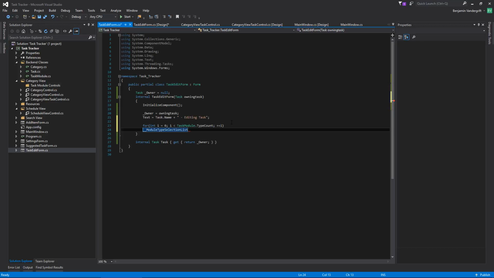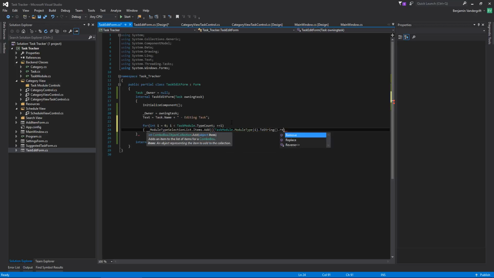Okay, and then what we want to do with this is go items dot add, and then let's just do task module dot module type i dot toString